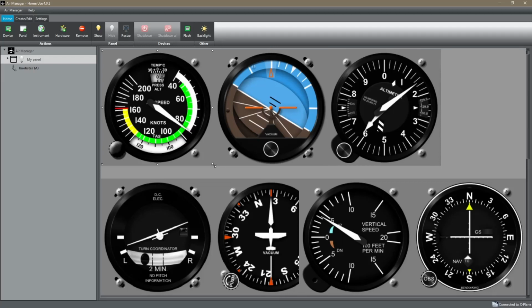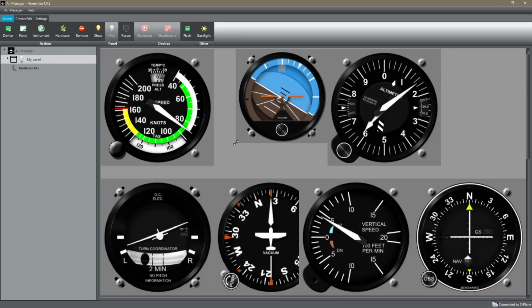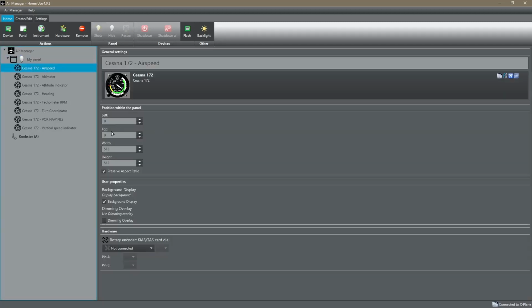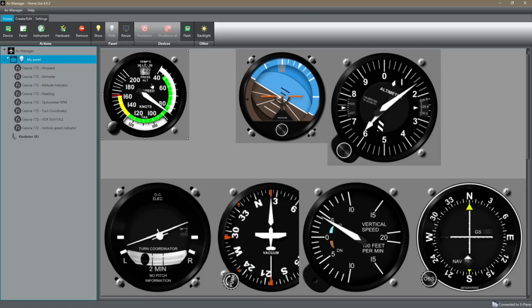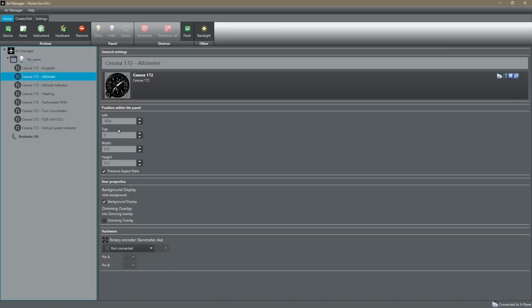Now, obviously I can drag and resize these if I want to, but I can also expand out the panel on the left here, and I can see for each individual one I can go into minute detail of how many pixels I want each one to be. So let's say for instance we want to make that airspeed 400. You can see, because I've got preserve aspect ratio, which is ticked by default, I change one and the other one will change to preserve the aspect ratio, so they're all at 400. So I can just change that one to 400,